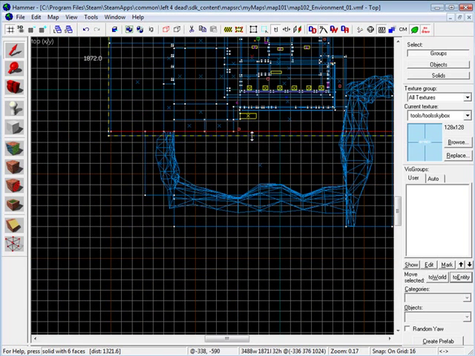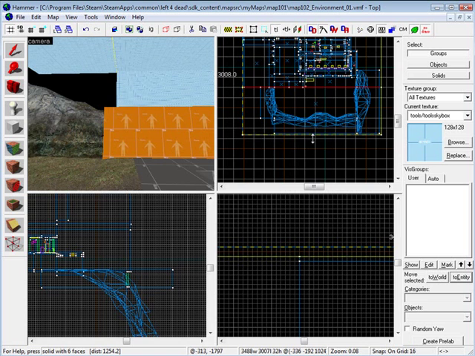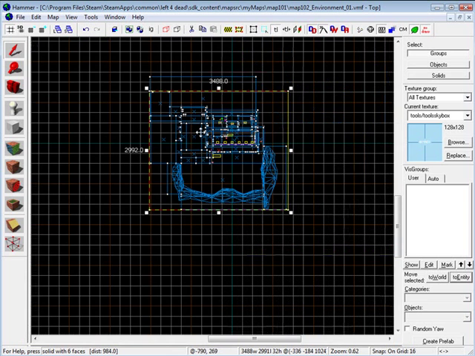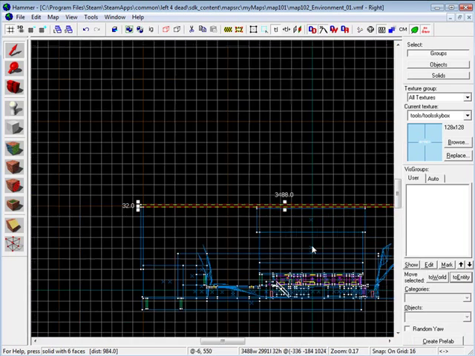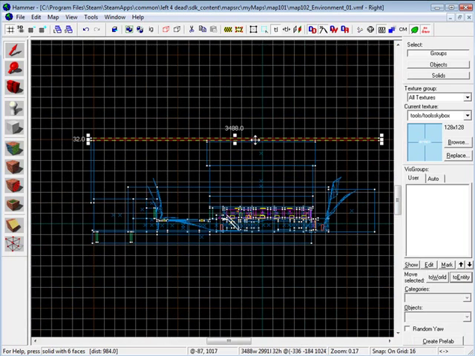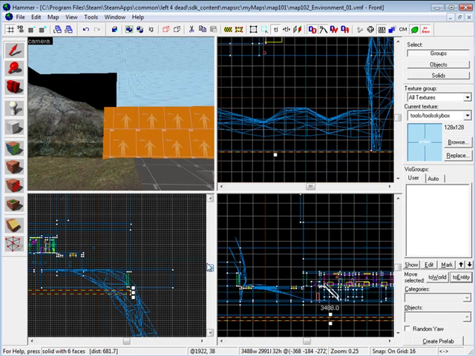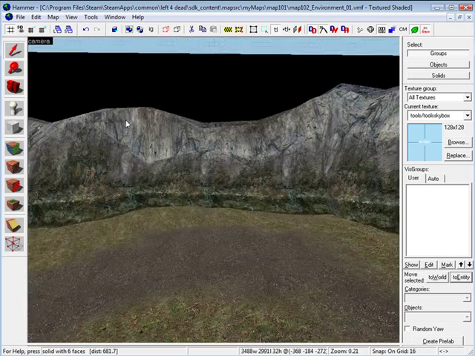I'm probably going to also extend this all the way back to touch behind this. And here, I'm going to take this brush and duplicate it down as it touches the bottom, so it's all the way underneath